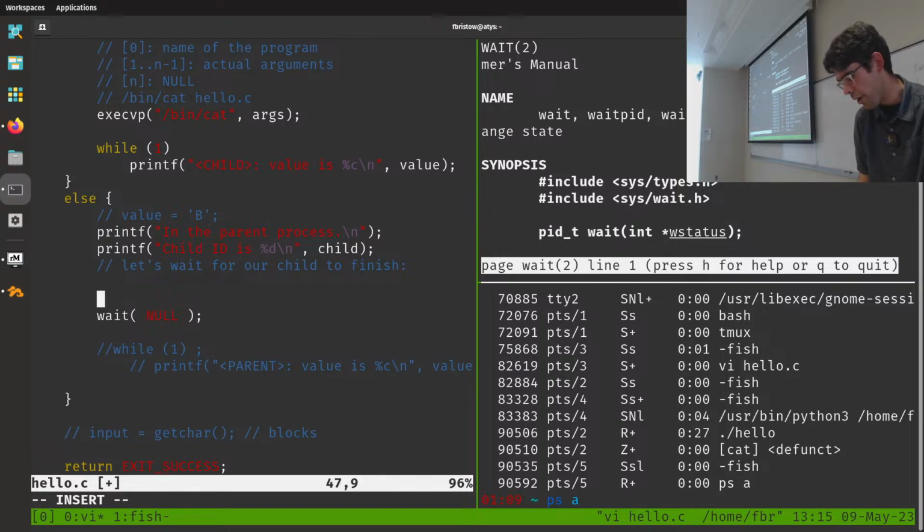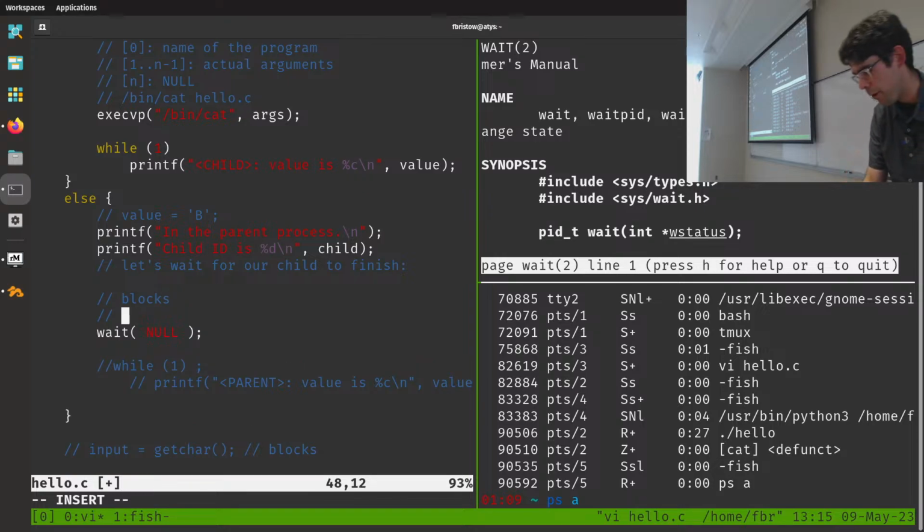Similar to getchar, wait is a blocking system call. Code stops running here until an event has happened. It blocks. It's going to halt. It's going to wait here until that event has happened. The event that we're waiting for,